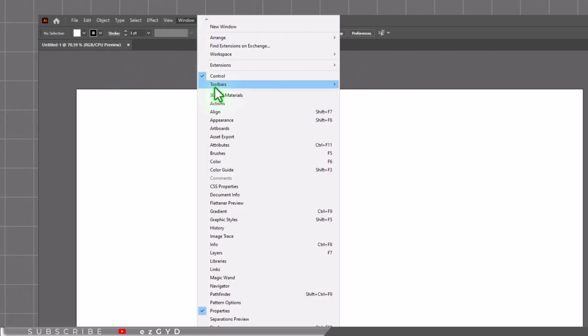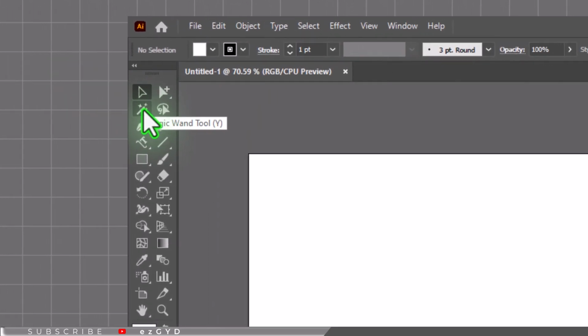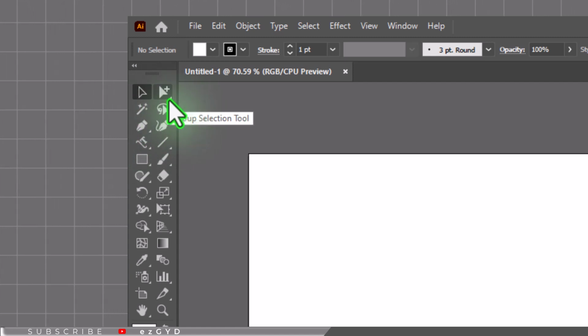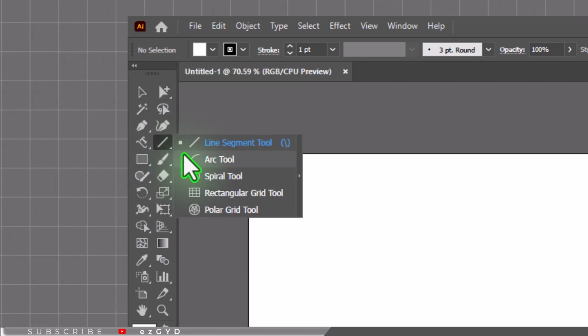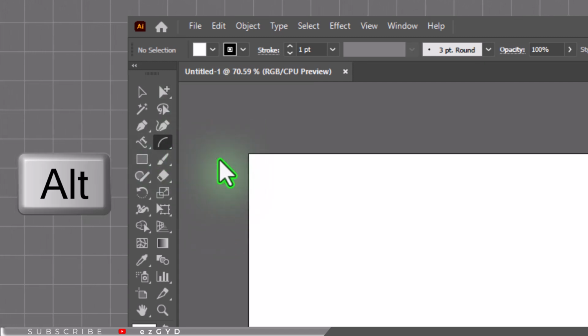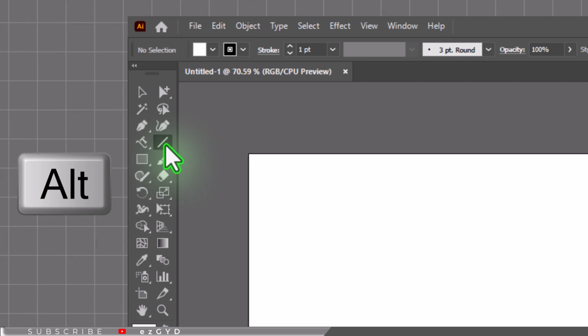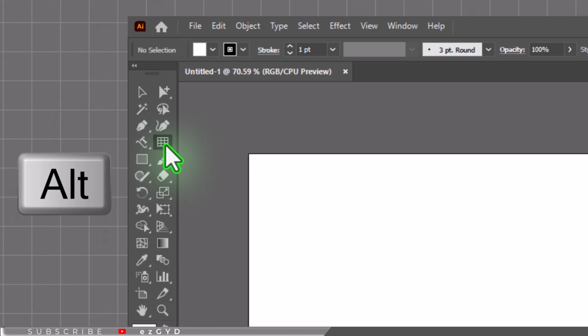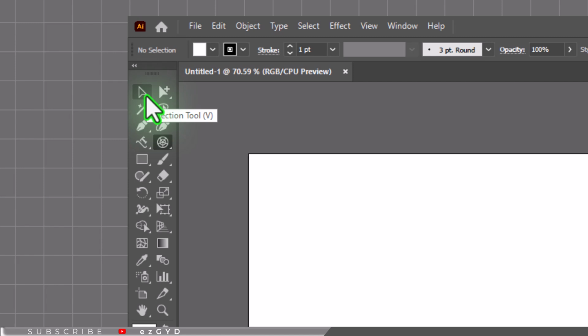So now you can click a tool in the toolbar to select that tool. If there is a small triangle at a tool's lower right corner, hold down the mouse button to view the hidden tools, and then click the tool you want to select. Hold down the Alt key on Windows or Option key on Mac OS and then click a tool to cycle through and select hidden tools. Press the tool's keyboard shortcut. The keyboard shortcut is displayed in its tool tip. For example, you can select the Move tool by pressing the V key.